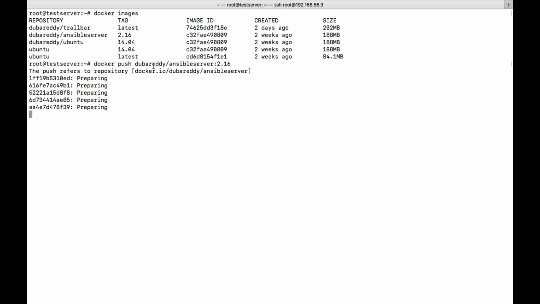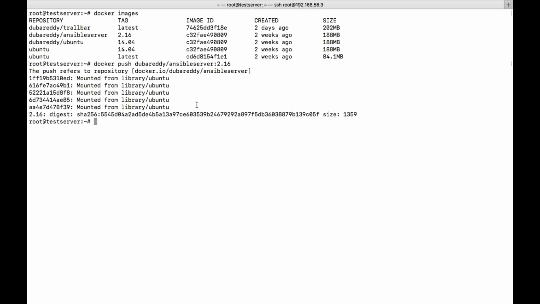You can see here it is pushing to docker.io, my repository name, and then it is pushing ansible. You can see now it is preparing to push. So now it is successfully pushed.